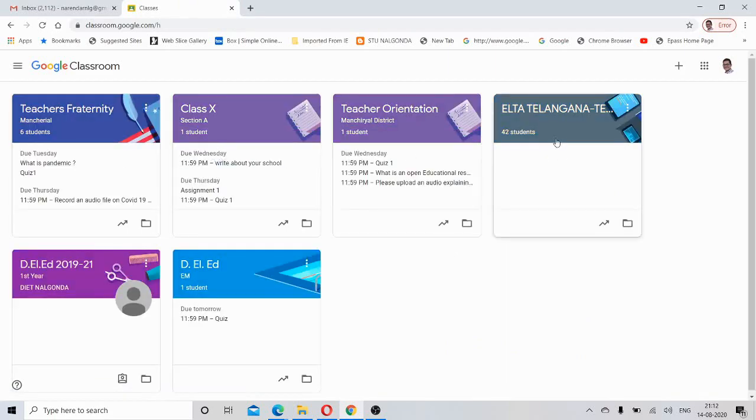See here, already I have a number of classes. In some classes I am the teacher, in some classes I am the student. Let me show you one after the other. This is the interface. You could see the plus button here at the top right corner.